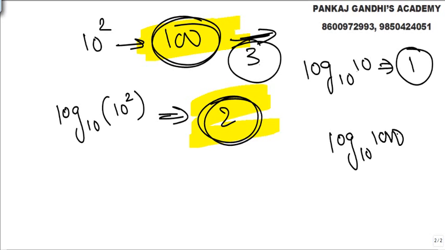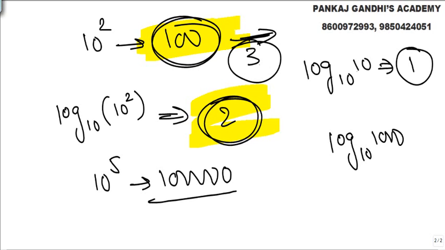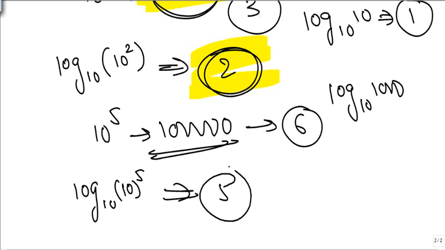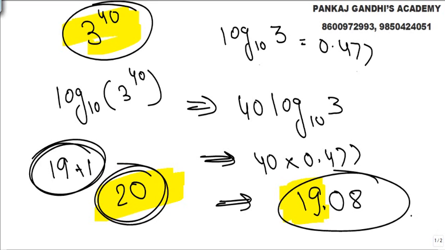Log to the base 10. चल, we need let's say 10 raised to 5. 10 raised to 5 कितने digits आ जाते हैं? 6 digits. 6 digits are there, and if I find out log to the base 10, 10 raised to 5, this is nothing but 5. So 5, number of digits 6. So simply what all I taught is, even in CAT papers last 2 years it's going on. How do you find out? So integer part 19 plus 1, the number of digits we get 20.